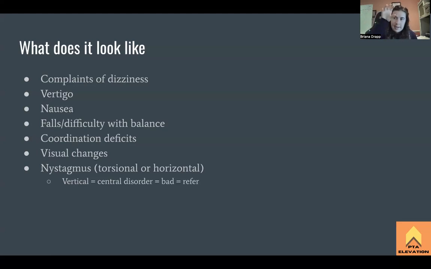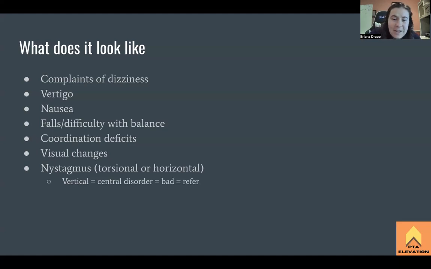If you see straight up and down, that is a vertical nystagmus, which is considered due to a central disorder, which is bad, okay? So if you're treating a patient and they're getting better, and then all of a sudden you see this vertical nystagmus, you're grabbing your PT and you're saying, whoa, what is going on? And you want them to confirm. The boards will just say refer out. But me, I'm saying just